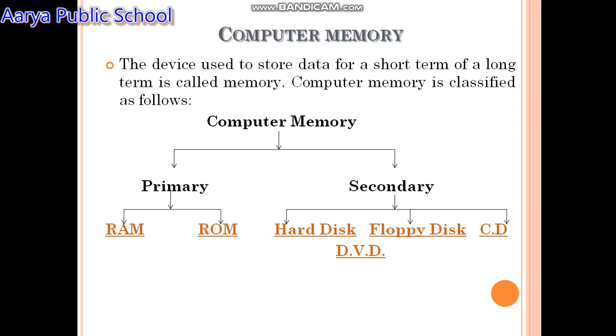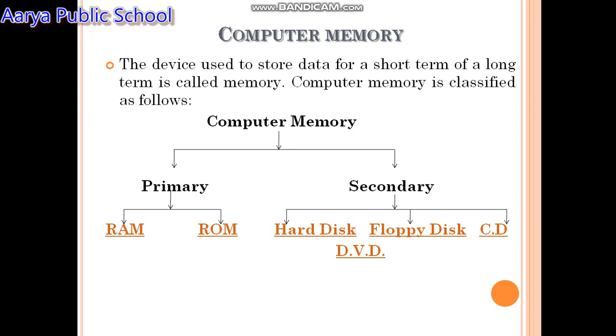In the previous three videos we got information about what a computer is, input, process, output, then the parts of computer, and then some deep information about all parts of computer. Now in this video we get information about computer memory. Computer memory is the most important and very necessary part of a computer.